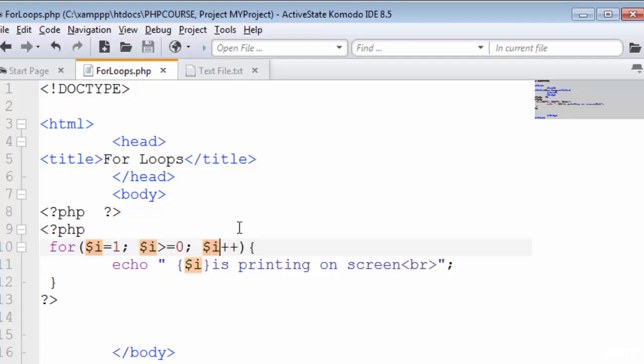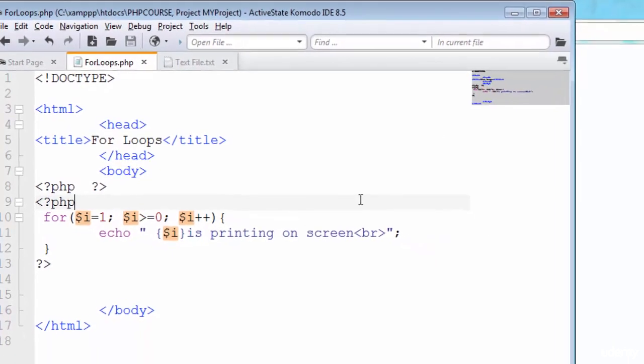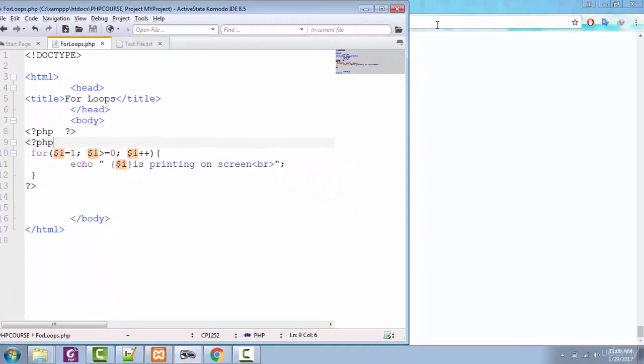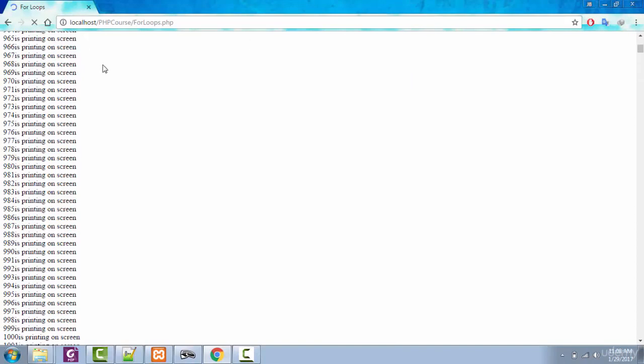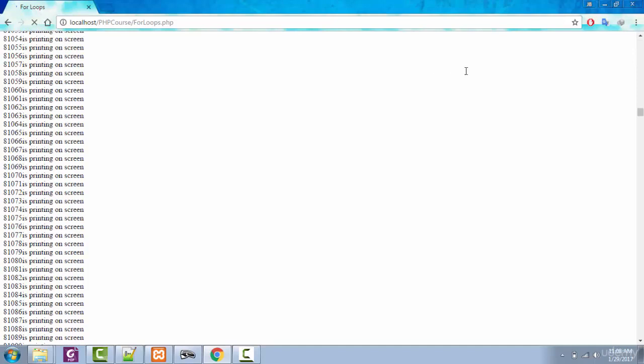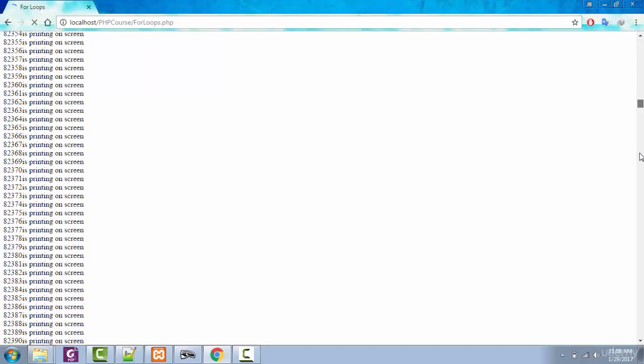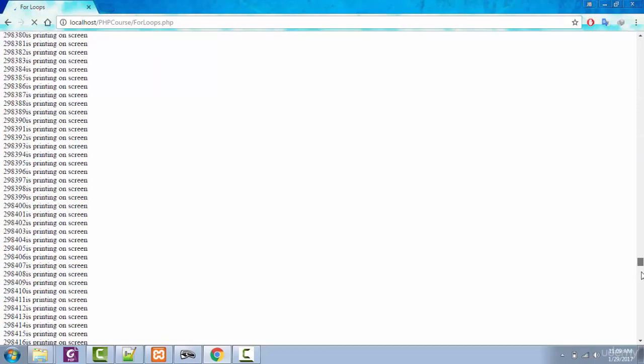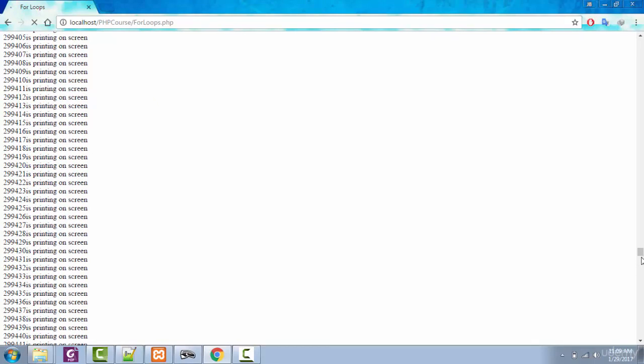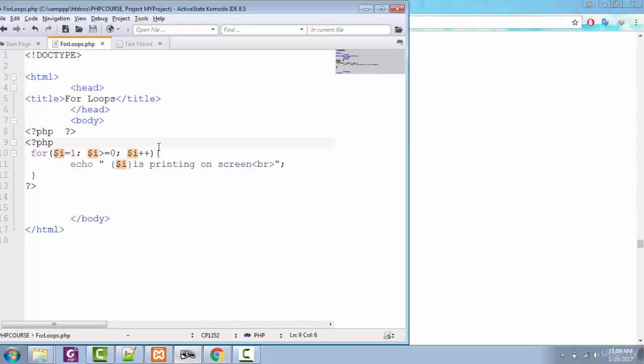So you should have this thinking in your mind while designing your for loop that it should be within limits. Otherwise, the browser will show the user the echo statement an infinite number of times. So if I refresh this page, then you will see that the browser keeps spinning and my laptop processor is working very hard because the value that we are printing is infinite. See, 8,000, 11,000, then we have 29,000. So you should be careful while defining your condition.